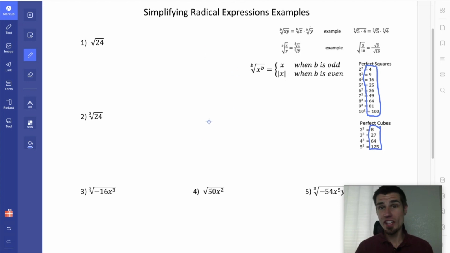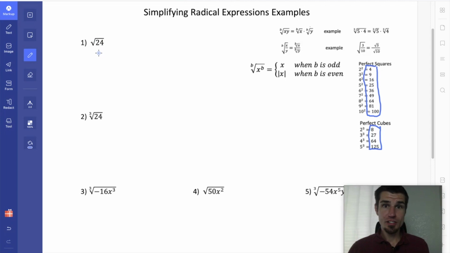There's many different ways to simplify radical expressions. One way is to do a prime factor tree. I will show you one example of that, but I also just want to show you another method that I think really makes this process a lot quicker, especially when we start getting into much bigger numbers. So let's do this. First, let's talk about how you would simplify radical expressions using a factor tree, a prime